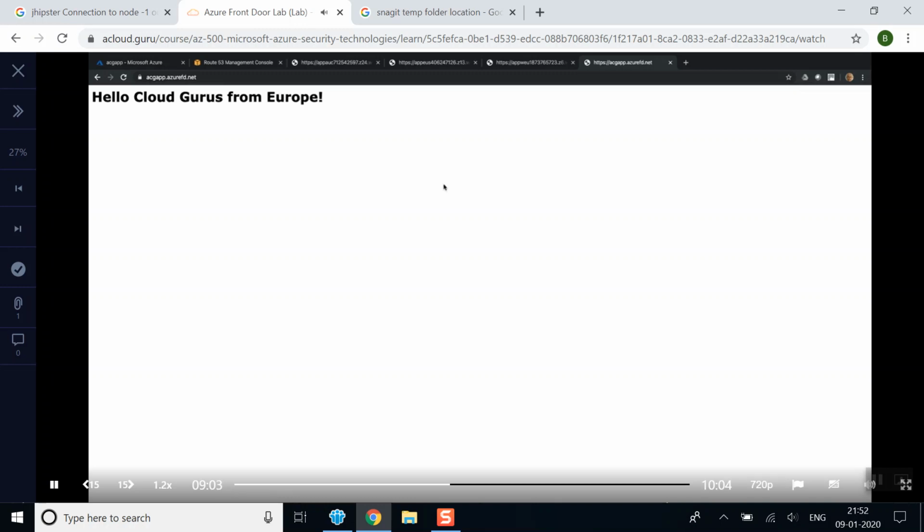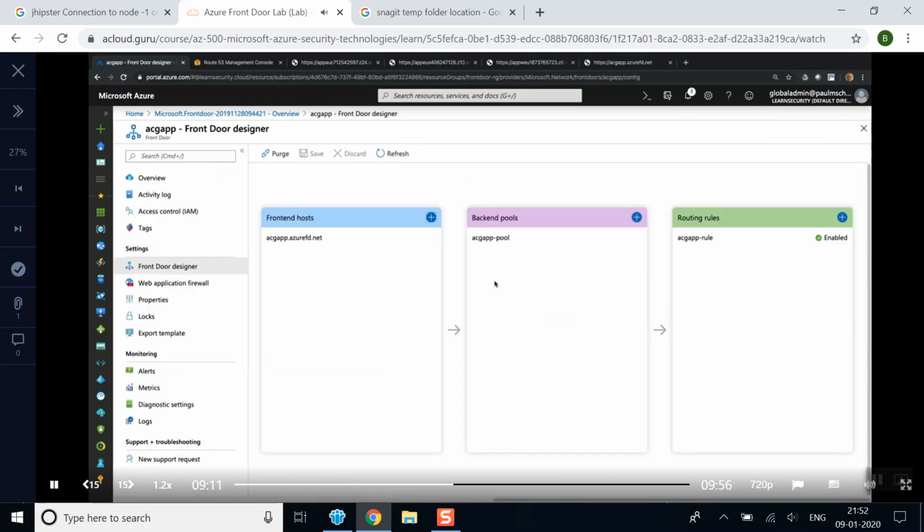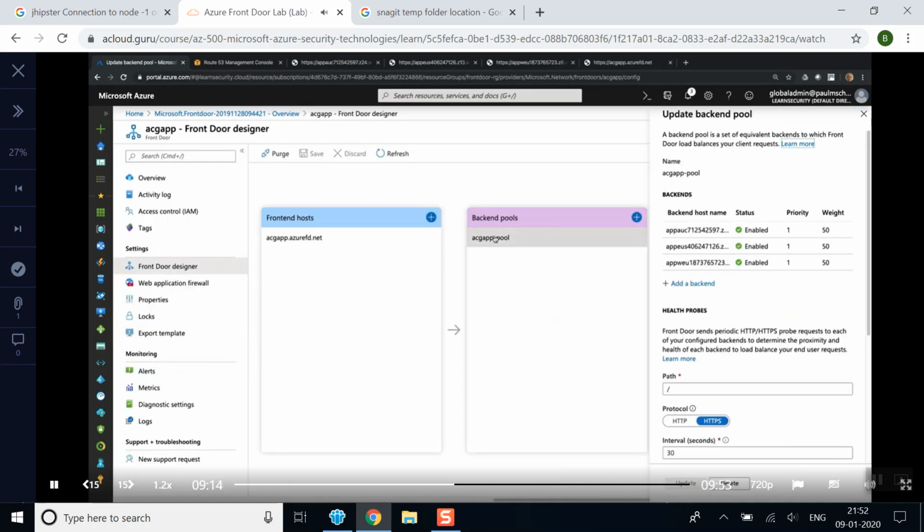In that case, go to Azure Front Door, open Front Door Designer, open your backend pools. You'll see that the priority of all 3 storage accounts is currently set to 1. The priority within a backend can be set from 1 to 5, where 1 is the highest priority and 5 is the lowest priority. So to select a particular storage account, for example Australia as the primary, open your East